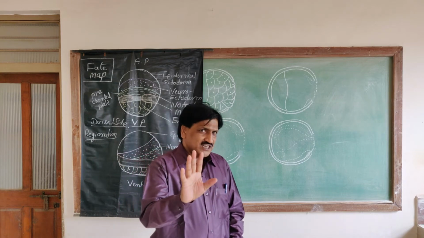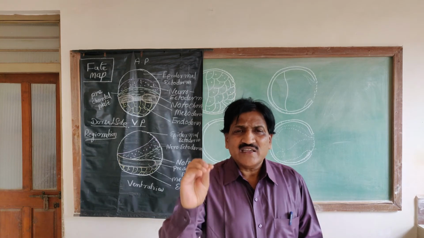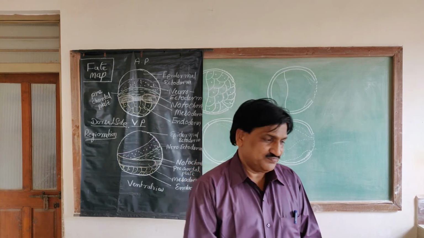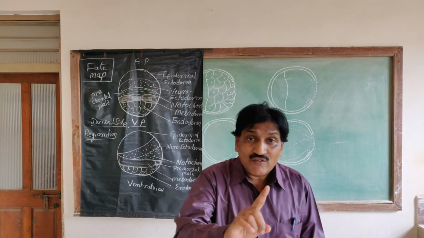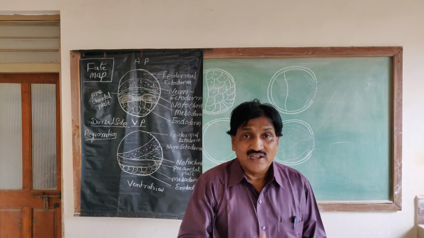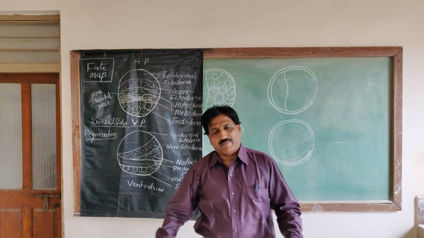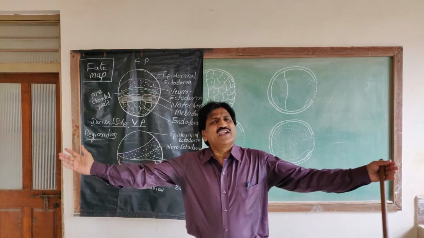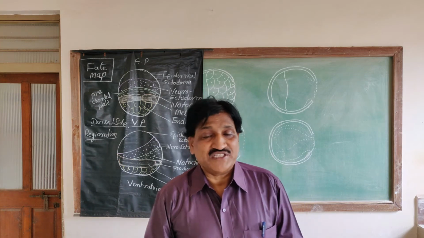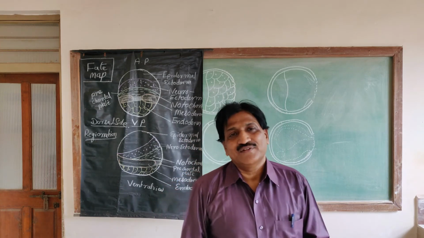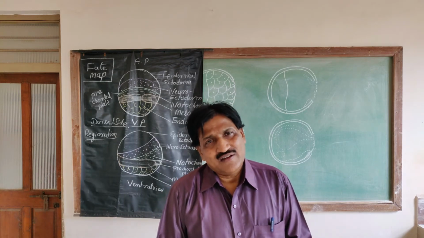Once again, what is the definition of the fate map? The fate map is nothing but a kind of chart showing the end result or final result of the different areas of an embryo. That is called a fate map. Different techniques, vital dyes, carbon particles and radioactive elements, are used for the study of these areas. Okay, that is the end of the fate map in the case of the frog.